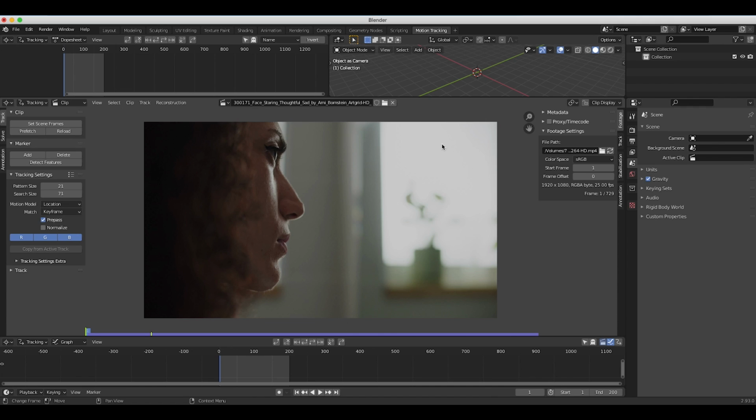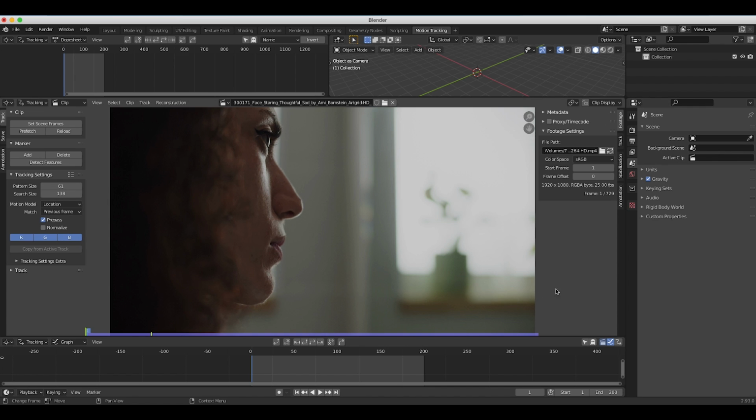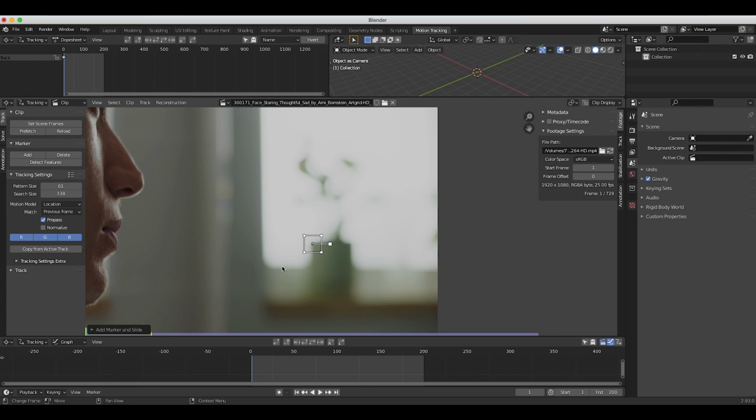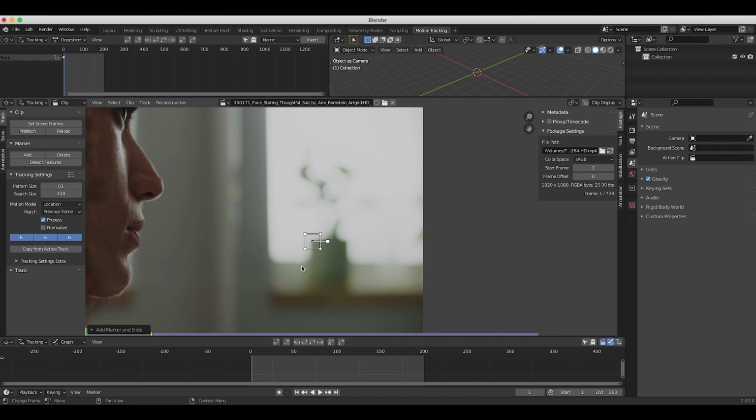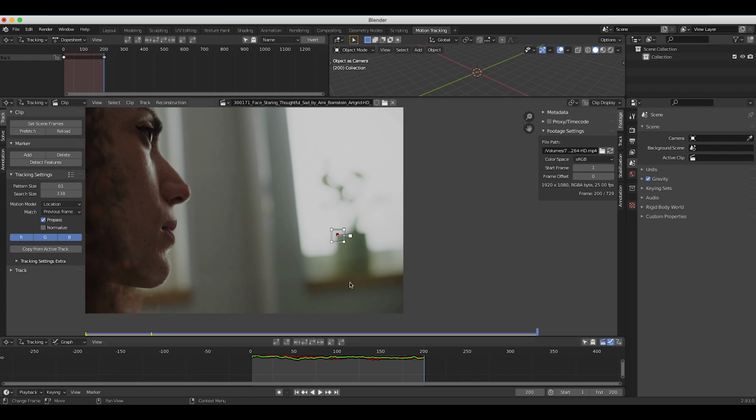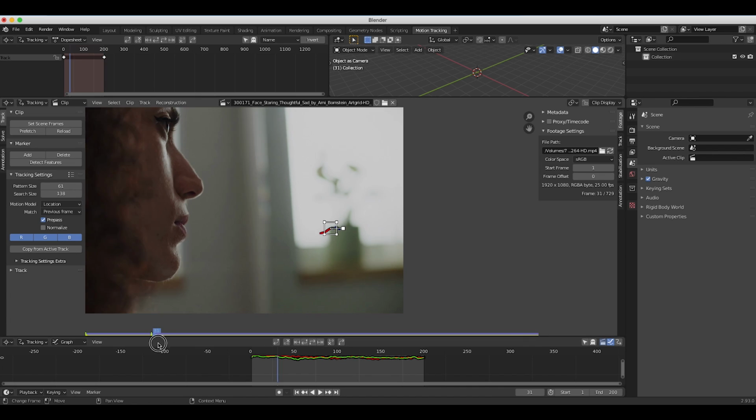But let's go ahead and add a few tracking points to our shot here. So I'll go to the beginning of our timeline here, and then I'll go to our tracking settings. I want to change the tracking settings to blurry footage so that our pattern size is a little bit bigger, and I might actually increase this a little more as well. Then I'm just going to Control-click on a point here in our background, just finding points of contrast in our scene. So I'll track through our timeline with this point,